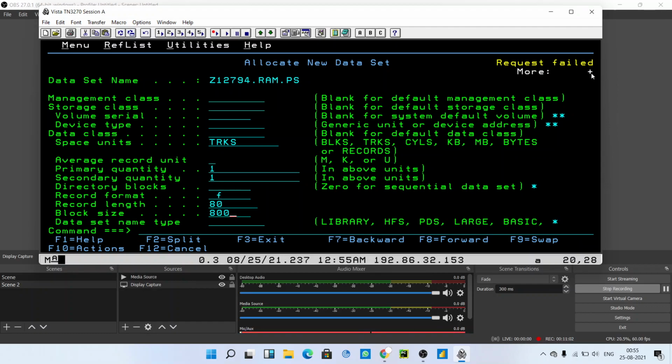So this is the plus sign, because this is not a complete interface. There are other parameters beyond this line, so for that you have to go for plus.